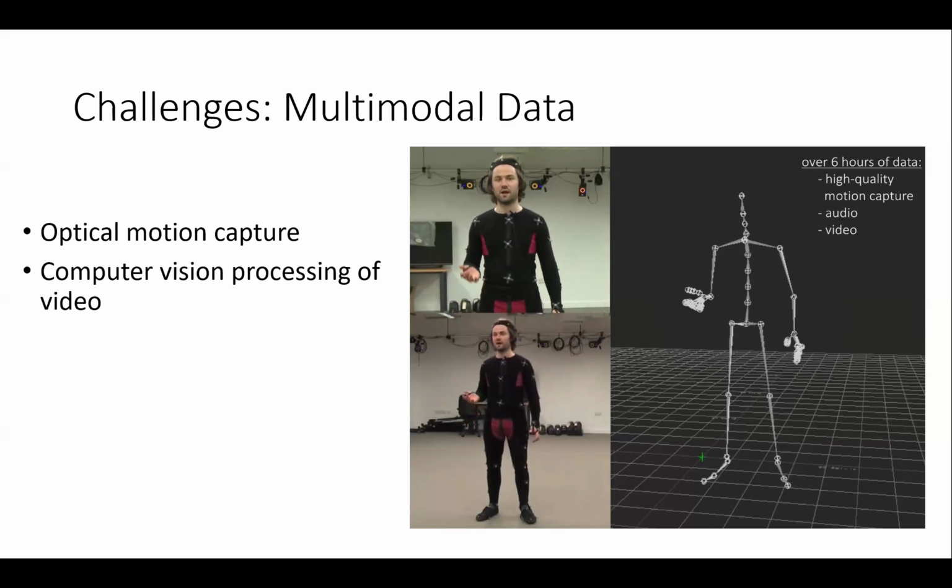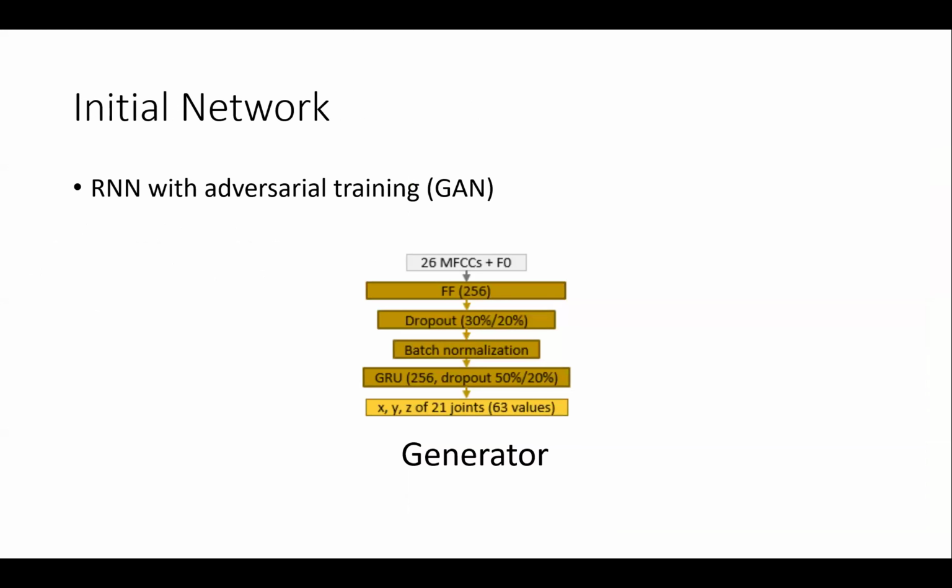There are 2 ways that traditionally this data is captured, either using motion capture, which is what we did here, which is still, I would say, the highest end data you can get. More and more people are looking at using computer vision processing, and we use that in some of the other work, and that obviously scales up more easily. Quality is still very high.